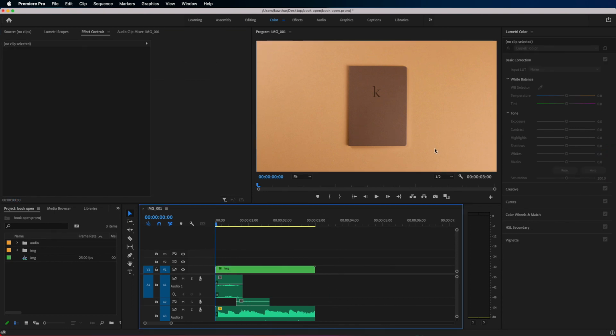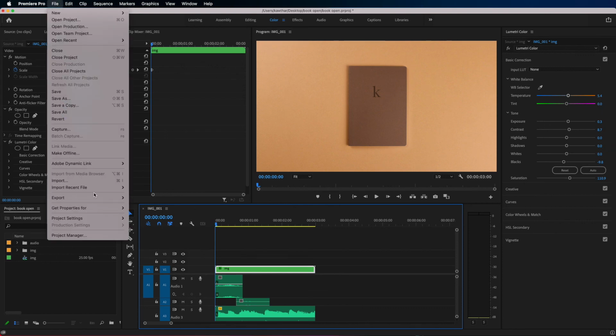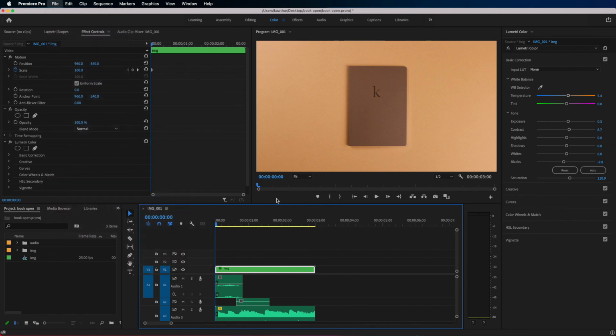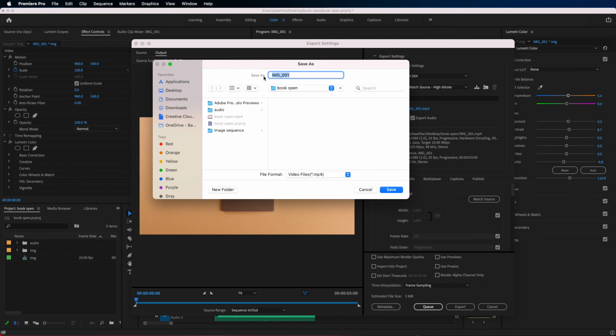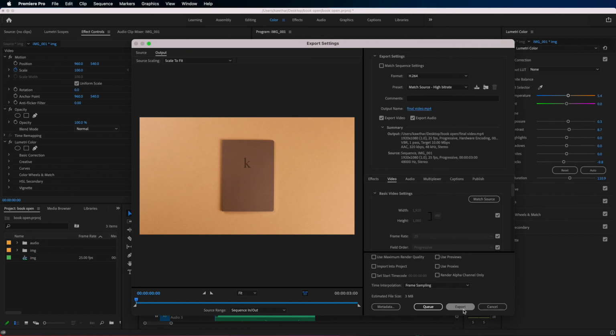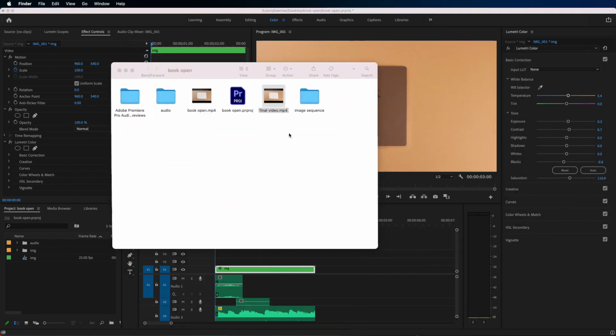So after editing everything, like the position, the scale, the rotation, the coloring, you want to export your video. File, export media, and I like to stay with the same preset, so match source high bitrate, and the format H.264. Rename it final video. Okay, export. After you finish exporting, you'll find the video